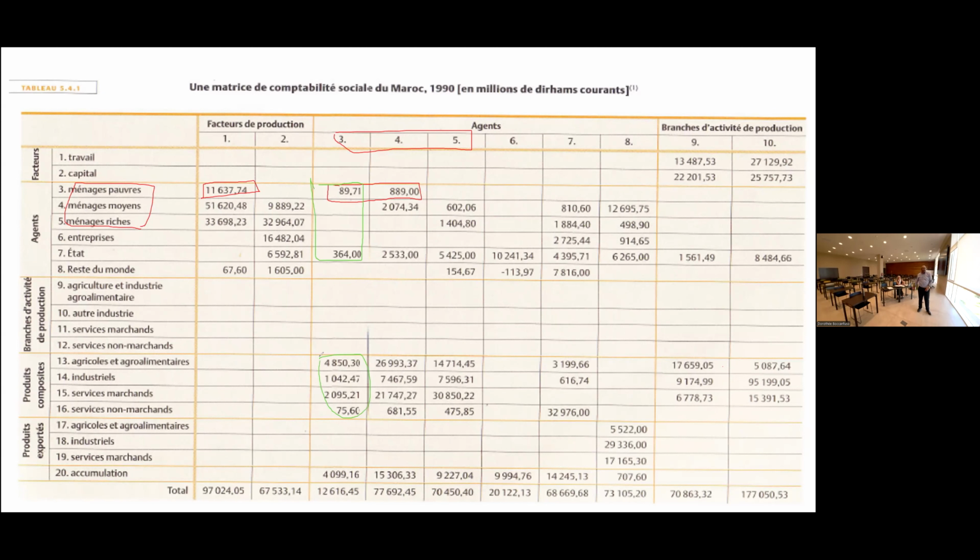This is the consumption of the goods we have. Just to summarize, because we have no time, when we are looking at a SAM, all cells have an interpretation. And a SAM cannot be used to make calculations by itself. We have an interpretation of all things. In a SAM, we have some cells that are 0, and there are cells where there is no value,